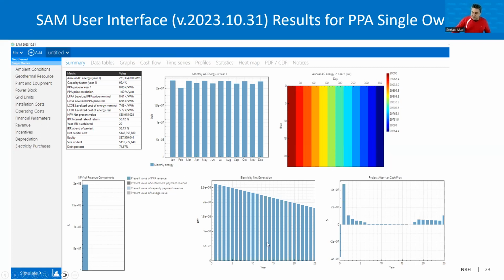Having said that, you can also see your annual energy generation and the drop over the lifetime. You start with the high profile, and at the end of the project lifetime, you can see the total drop in net electricity generation because of the thermal drawdown in the reservoir. You can also see monthly generation fluctuations based on